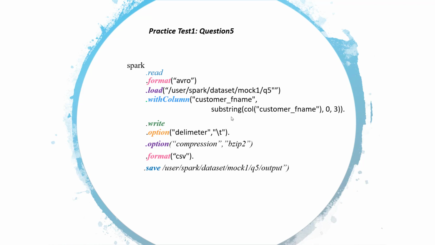Okay, so let me try to run this solution on the Spark Shell and let's see if we get the appropriate results or not. I just made a minor change here. Instead of the delimiter, I'm using the separator and then the tab sign, because in Spark 2.4 we cannot use delimiter. It will not give you any error, but it will not give you the proper result. So make sure you use .option separator. Okay, so let me run the solution on my Spark Shell now.